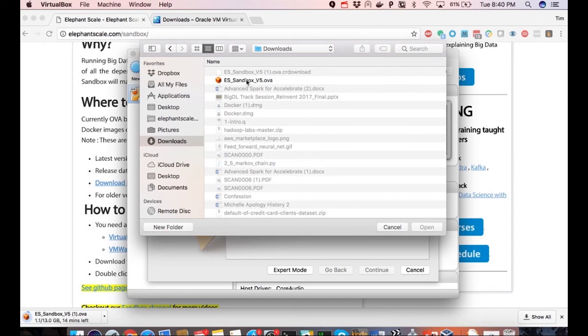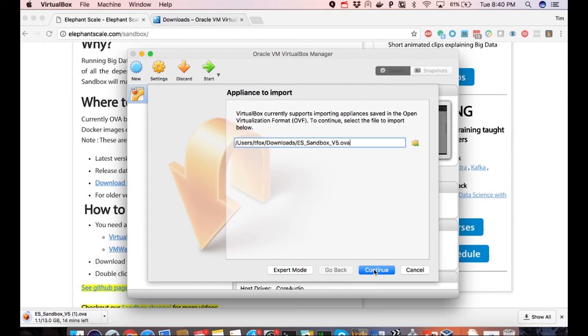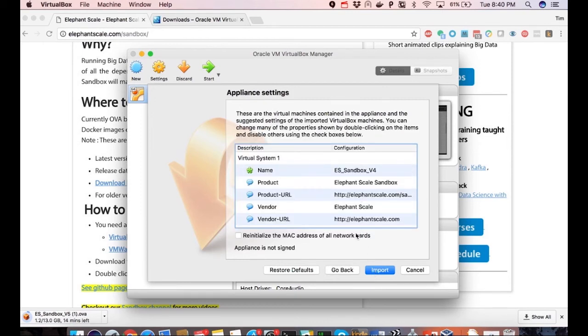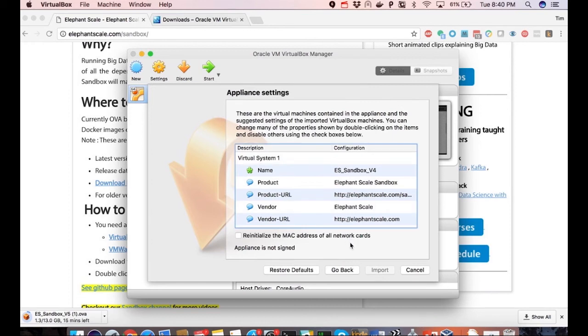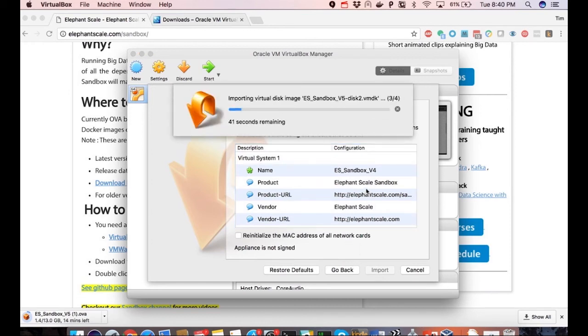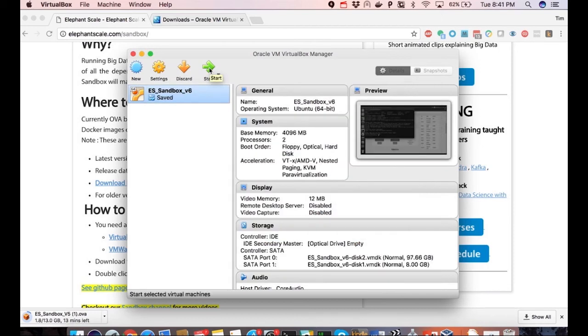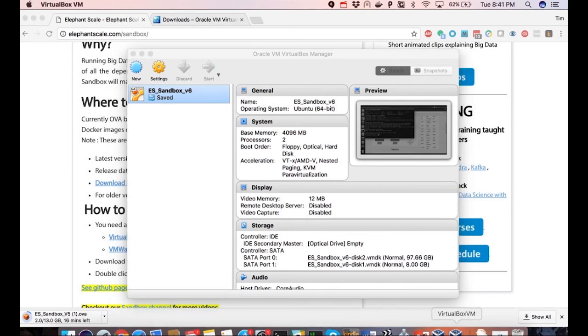So go ahead and click on that and select that, and it will create the settings that you're going to need for your VM. Okay, and it will spend some time loading that. Once things are then loaded, you should have your virtual machine here, and that will start your machine.